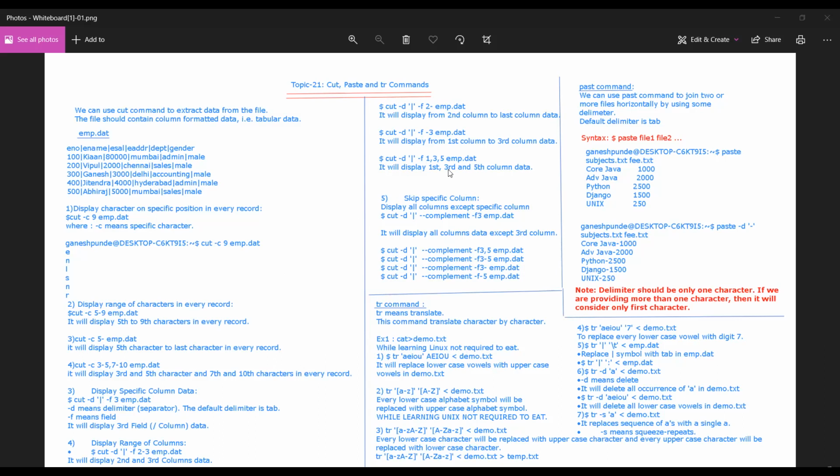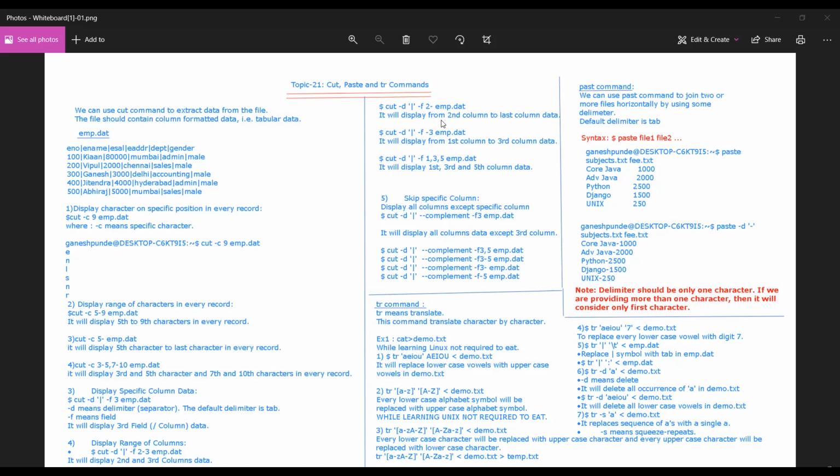Now, if you want to display the second column to the last column, you can say cut -d pipe operator, -f flag, f stands for field, and 2-. So basically from the second field to the last field, all the columns will be displayed, right?